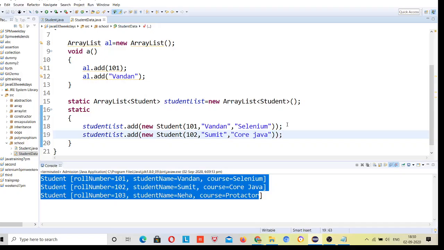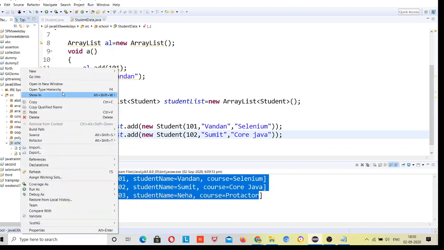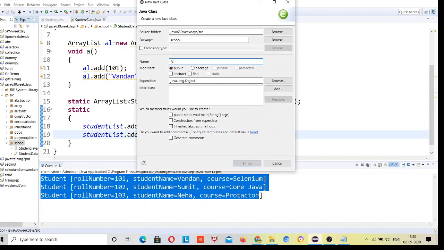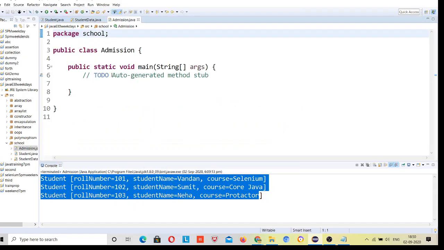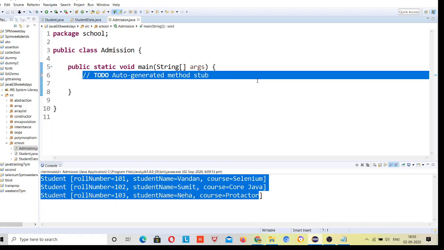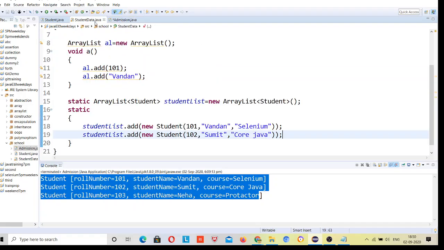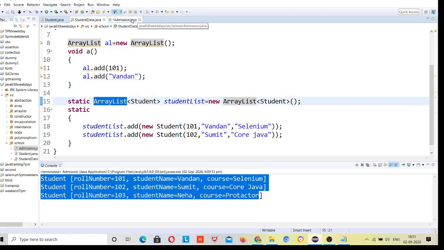So we have added. Now I will have a main method in a new class, which takes admission. I want to print this array list, right? Let me first write it.